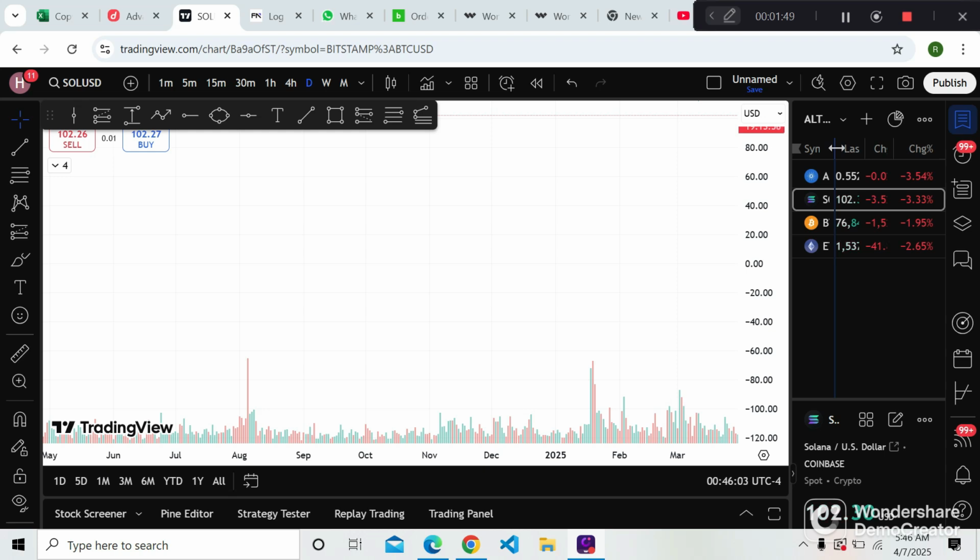So let me show you a checklist of how I identify my high quality breakouts. That's the first thing I'll be doing. The kind that are more likely to give a clean retest and big moves. So first is